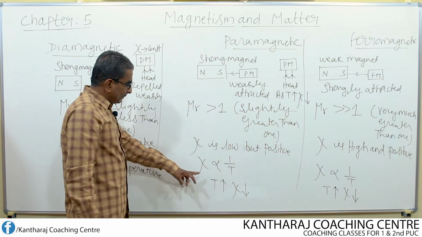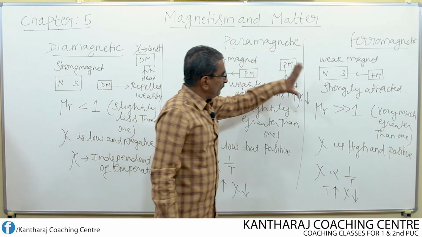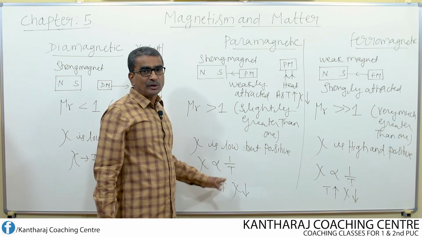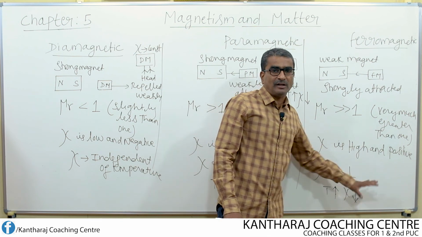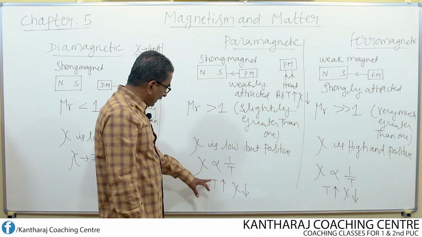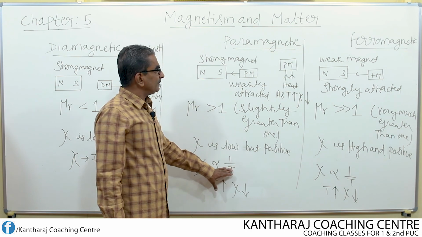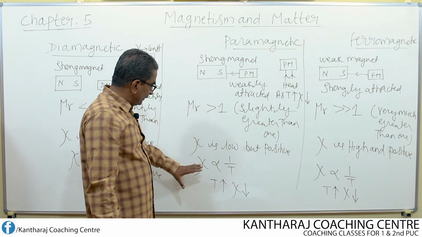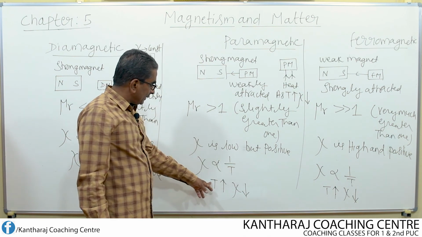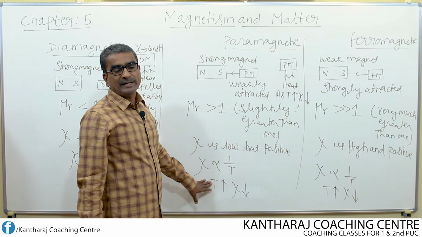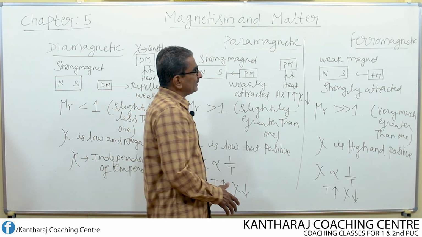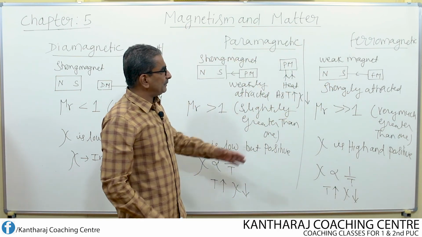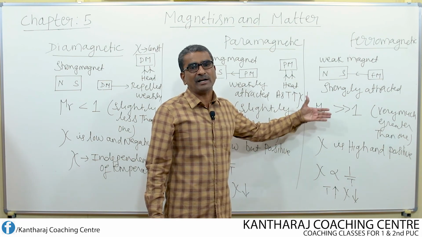But with respect to the susceptibility of paramagnetic material and ferromagnetic material, we are able to state two laws. One is known as Curie law and another one is Curie-Weiss law. When we discuss the variation of susceptibility with the temperature of paramagnetic, diamagnetic and ferromagnetic material, we come across that. So till then, you consider that the susceptibility is going to decrease as we increase the temperature, and we know very well that the ferromagnetic material possess almost all the properties of paramagnetic, but it possesses those properties strongly or to a greater extent.